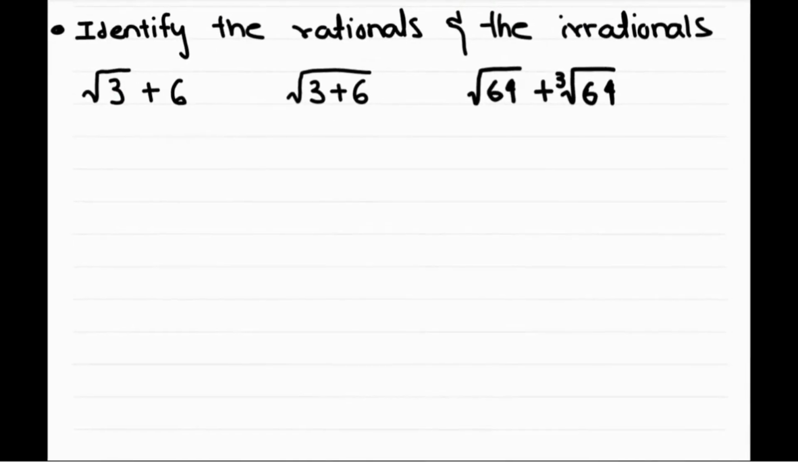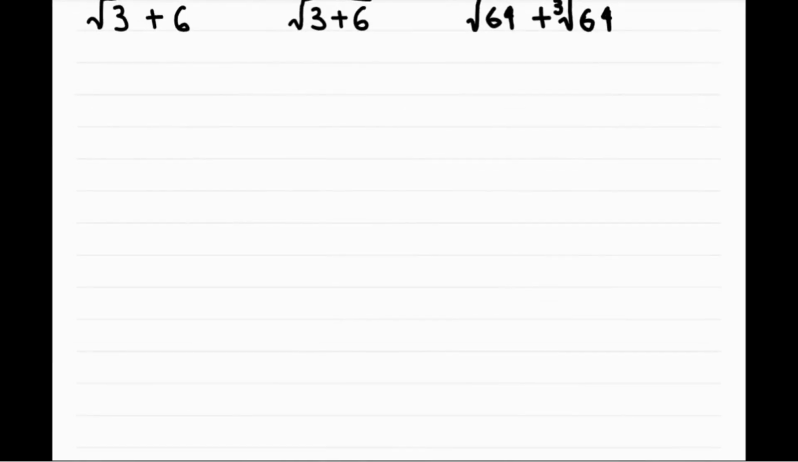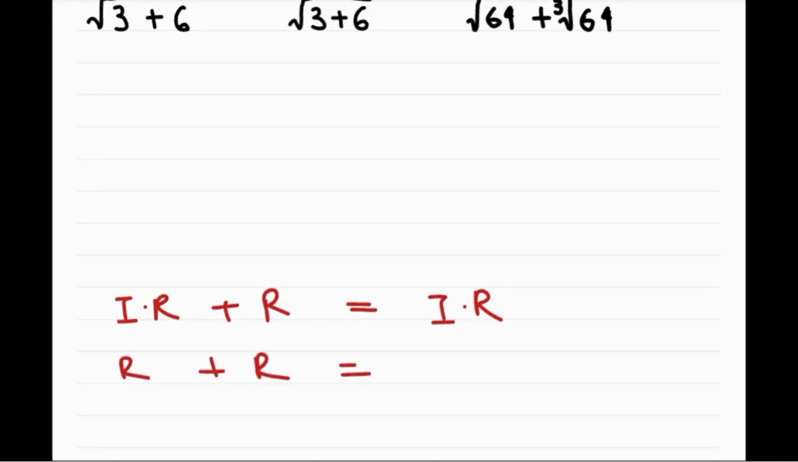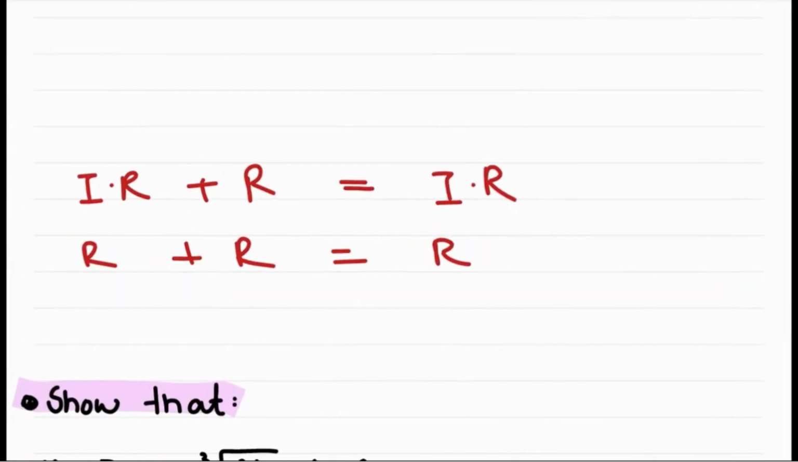So we should know that, I'll just write it over here, if we add an irrational number to a rational number, the answer we get is always going to be an irrational number. And if we add a rational number to a rational number, this is also going to be a rational number. And if we add an irrational number to an irrational number, that is going to be an irrational number